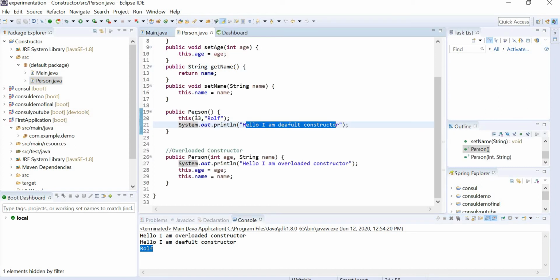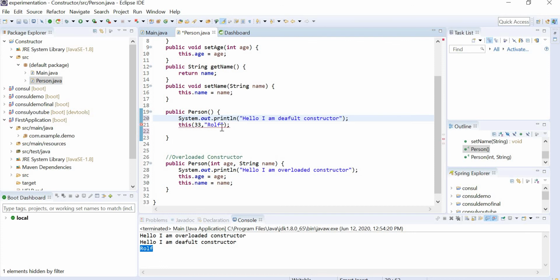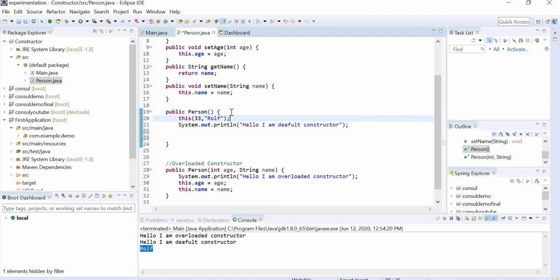Let us see one more important point. See this, what I am trying to do is, rather than calling the constructor inside another constructor at the start, I am calling it a bit late, which is I am adding one more statement before it. But as you can see, the constructor call inside a constructor should be the first thing you do. So it is not allowed at the second step. So always we have to call it at the first step. Why is it this way? Because you are telling this constructor, construct an object for me